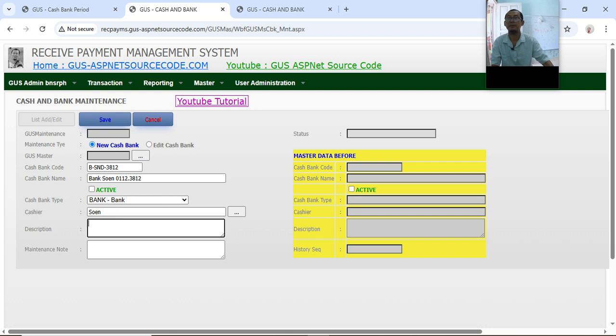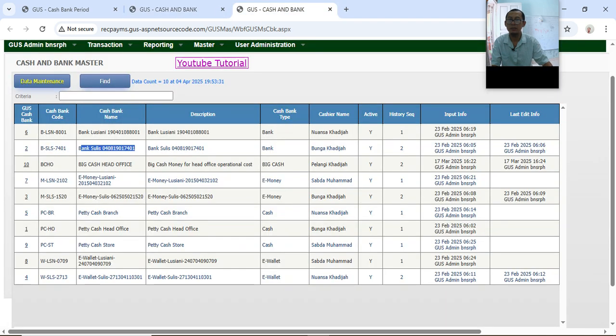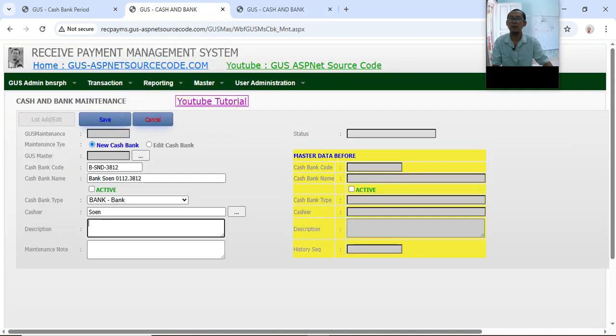Description, I will copy the description. Maintenance note: new data.